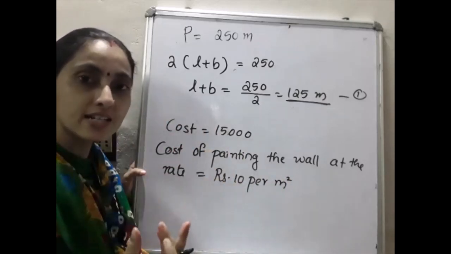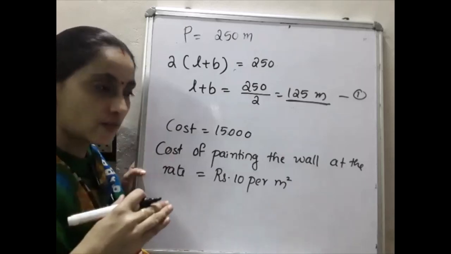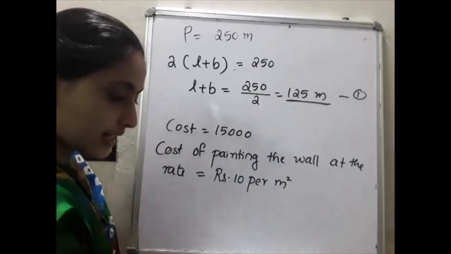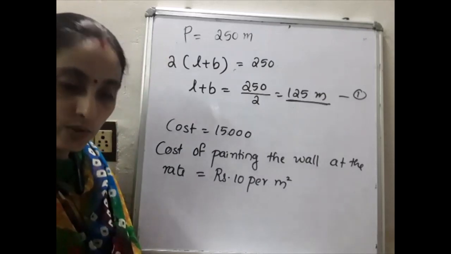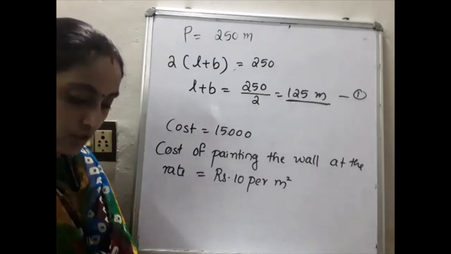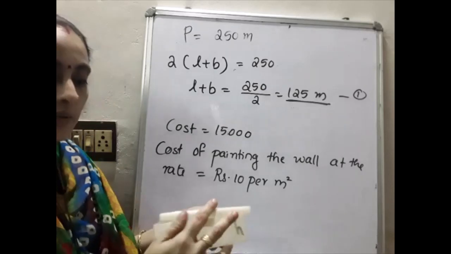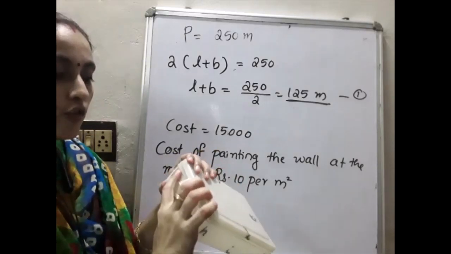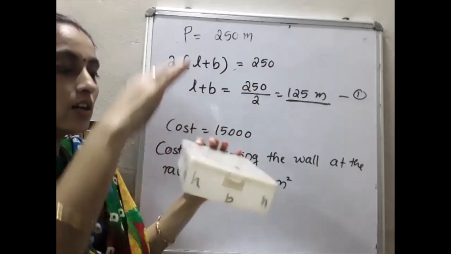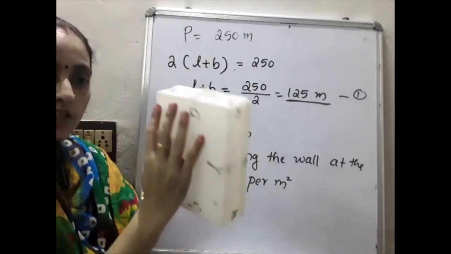So how do you want to find the lateral surface area? 4 walls means what? Listen here. Consider this as a cuboid. I already explained to you in the previous class. So consider this as a rectangular hall. We have to cover the 4 parts, that means excluding the top and bottom. That is, 4 sides are there.